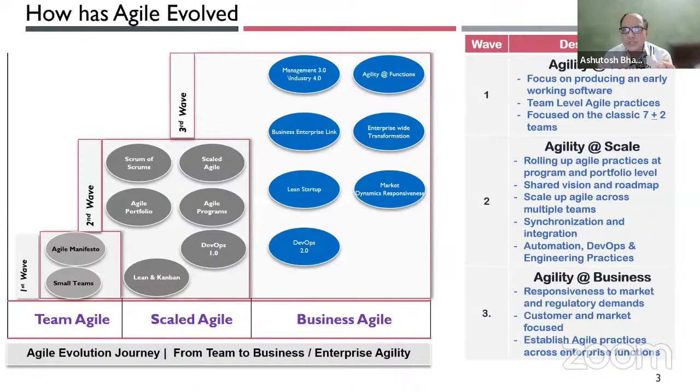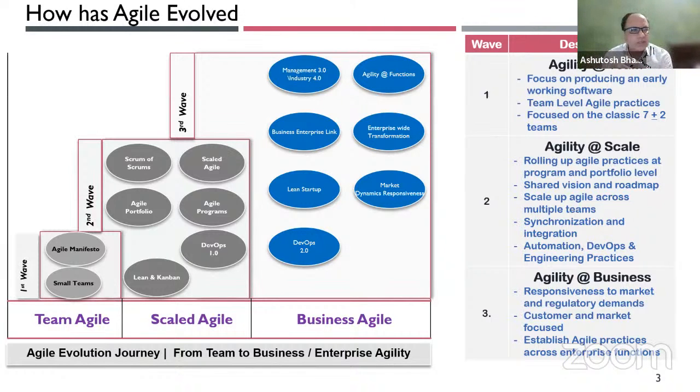So 2001, I'm trying to put it in waves. Okay, wave one, wave two, wave three. This is my interpretation, again open for a debate, open for a challenge on this. This is how I see the agile journey has evolved over the years. So 2001,